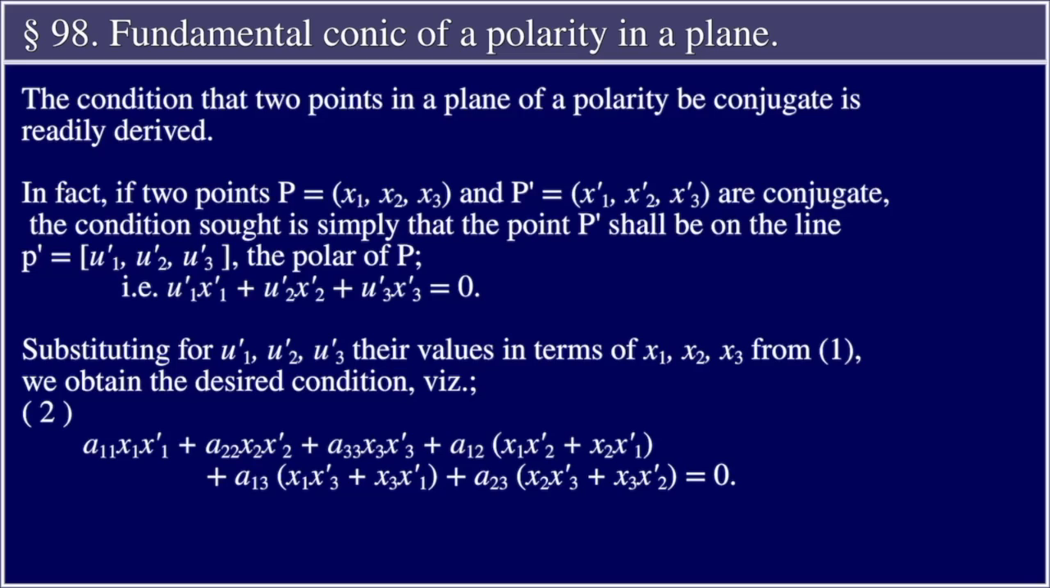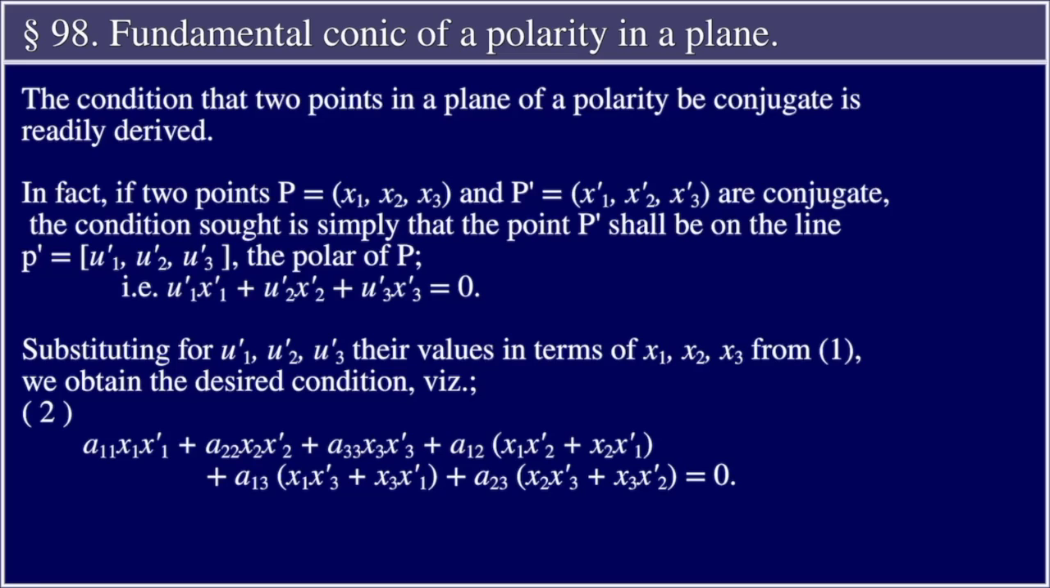In fact, if two points P equal to x1, x2, x3, and P prime equal to x1 prime, x2 prime, x3 prime are conjugate, the condition sought is simply that the point P prime shall be on the line P equal to u1, u2, u3, the polar of P, i.e., u1 x1 prime plus u2 x2 prime plus u3 x3 prime equals 0. Substituting for u1, u2, u3 their values in terms of x1, x2, x3 from equations (1),